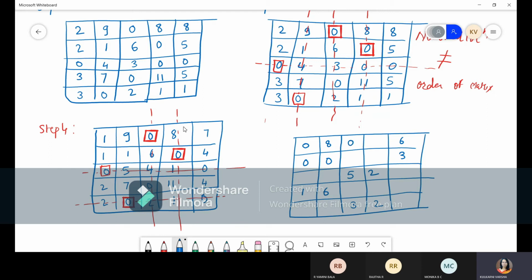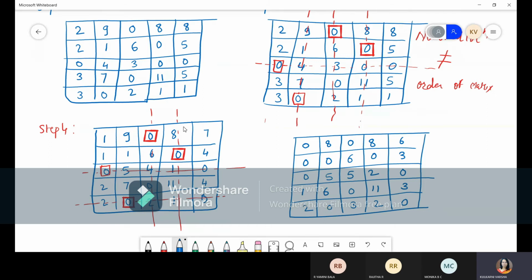We will not make any changes in that. So all single cross elements will be kept as they are. So I am just writing the same single cross elements, and here it is 0, here it is 11, right? And this should be 3 because this is uncrossed. This will be 0, this will be 0, this will be 2.